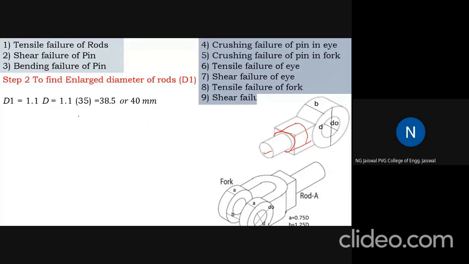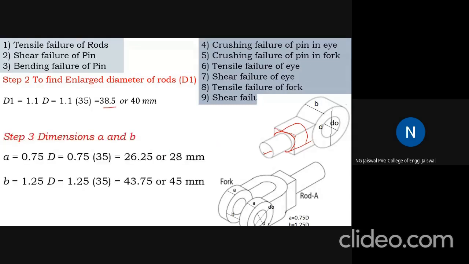This is say D1, and D1 is obtained as a 10% addition of D. So it becomes 1.1 D. So 1.1 times 35 becomes 38.5. Again, 38.5 you can make it 39 or you can make it 40. It's not very mandatory to convert into 40. If you are not happy with this rounding of things, you can comfortably take 39, at least 39, if not 40. This is the second step. So therefore, 2 steps are over now.